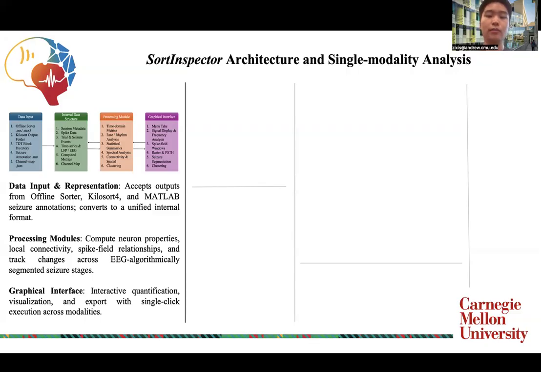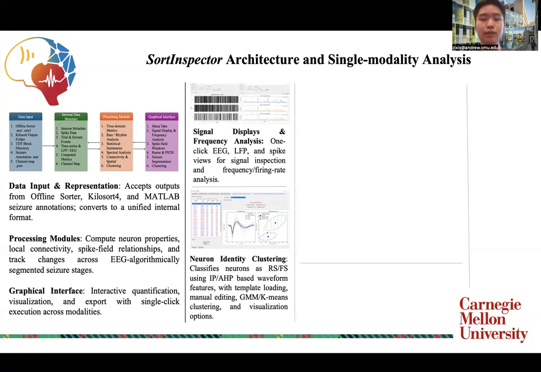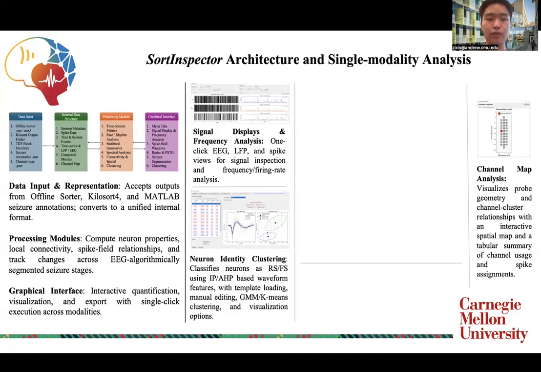Now, looking at the single modality analysis. First, neural identity clustering classifies neurons into regular or fast spiking subtypes using waveform features, with support for template loading, manual editing, and clustering algorithms. Second, signal displays and frequency analysis provides one-click visualization of EEG, LFP, and spikes, with standard spectral and firing rate analysis. Third, channel map analysis visualizes electrode geometry and channel cluster relationships, both in an interactive spatial map and in tabular